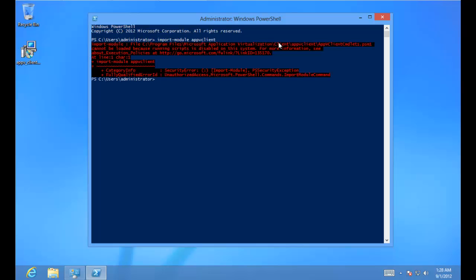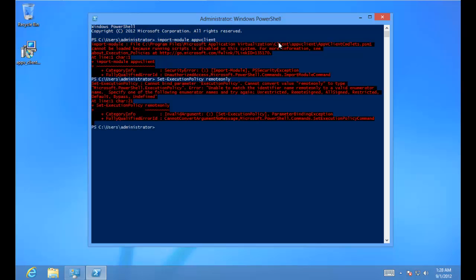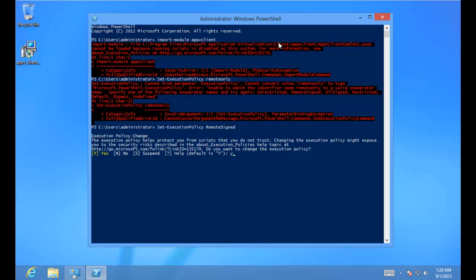Okay, we need to set the execution policy. Remote only. What was it? Remote signed. Sure. Yes, then we can import the AppV client,